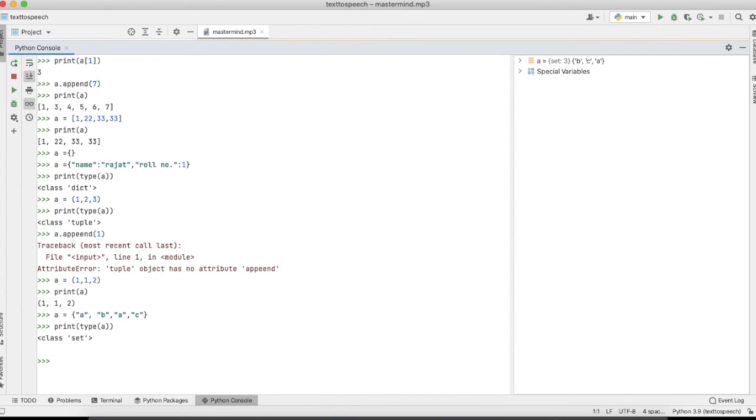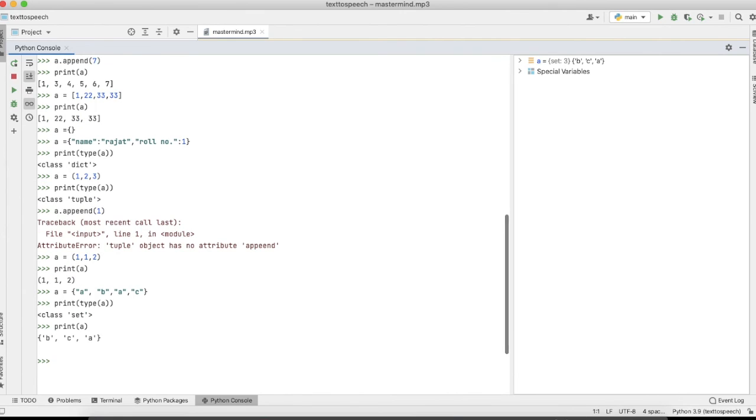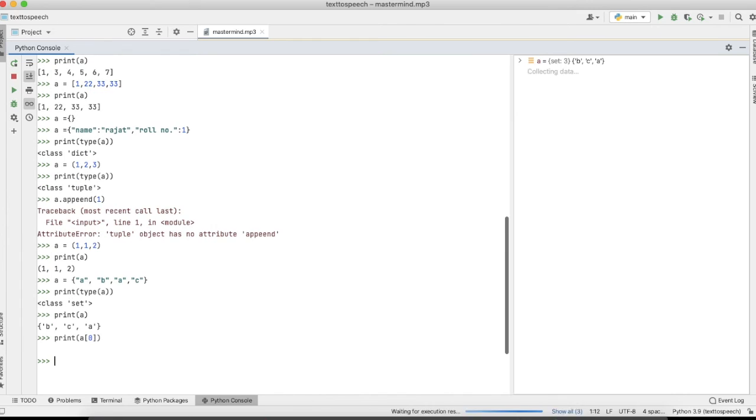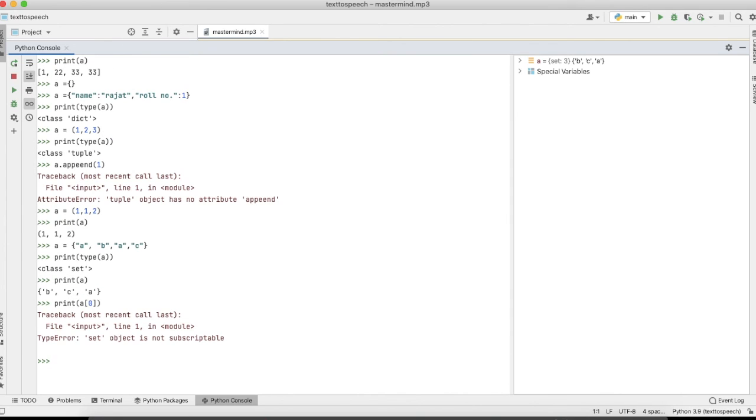Now we will see if it prints A 2 times or 1 time. If we print A, it will print A 1 time because the set does not support duplicate values, and this is unordered. So if we want to fetch some value with the help of index number, such as 0, then it will show the error.